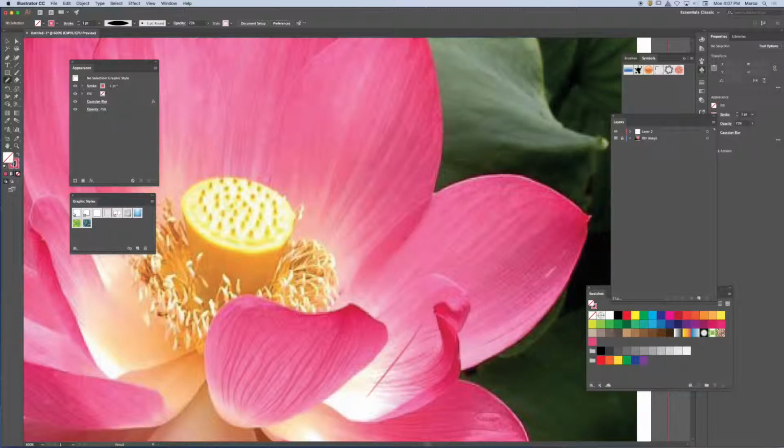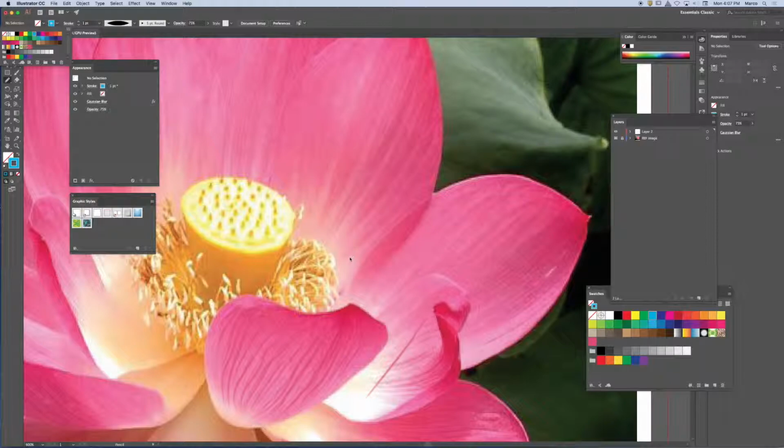I'm going to go to the pencil tool, and I'm going to set a bunch of placeholders in blue. So I'm just going to draw, whoops, that wasn't a very good job. So I see these lines sort of radiating out from the center